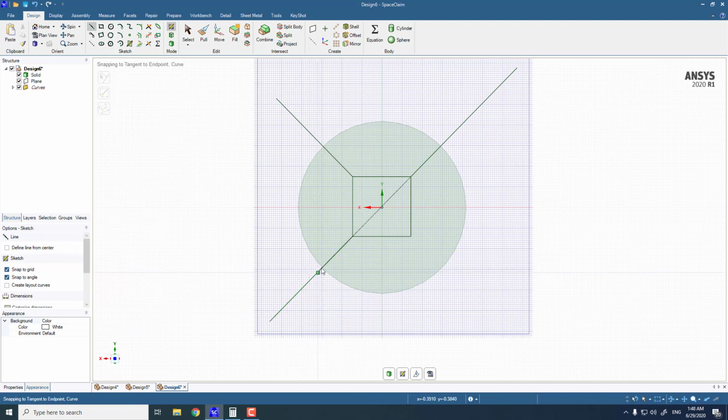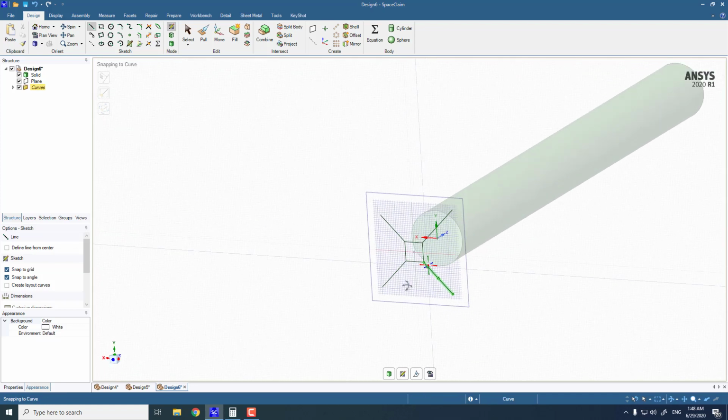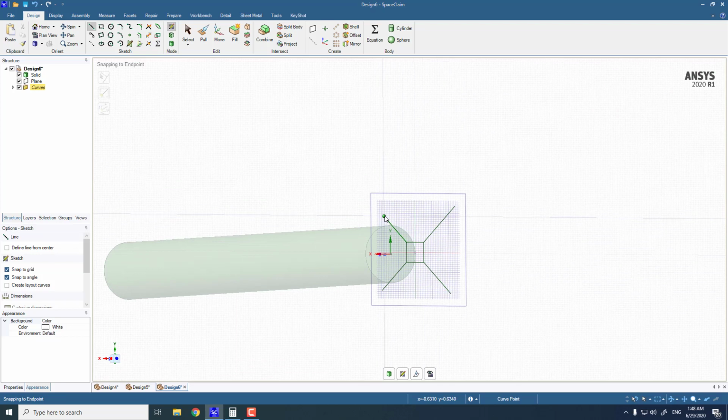And this should be outside this circular cylinder, and this can be anywhere. This can be here or maybe here. Again, last corner, and 135 degrees angle, click, and then escape key. And one more thing is that I'm going to create these lines also, and I will tell you why.